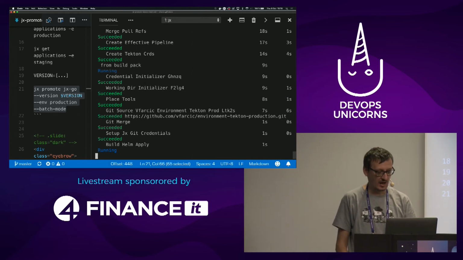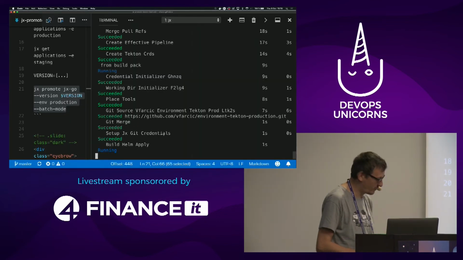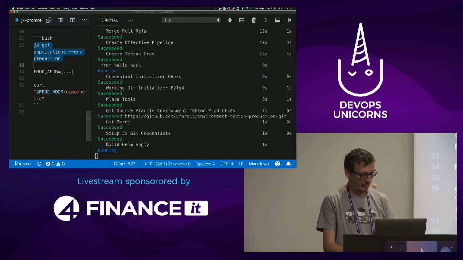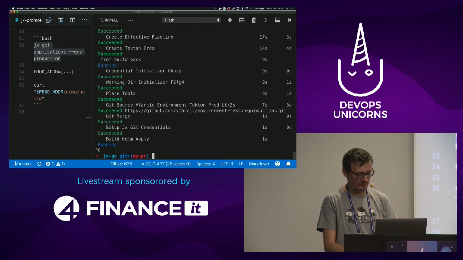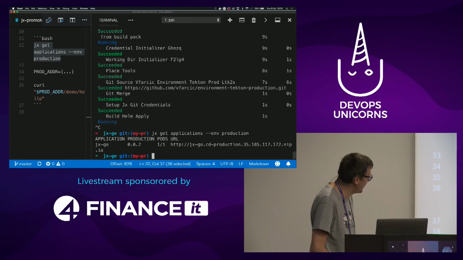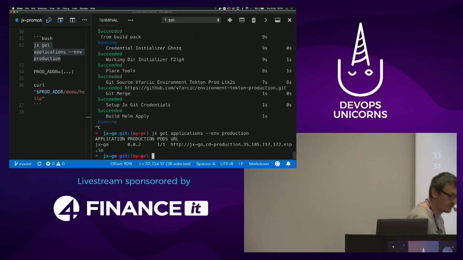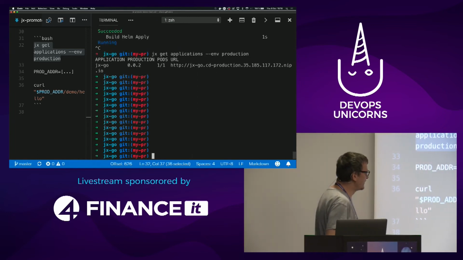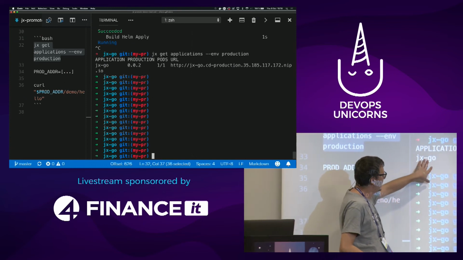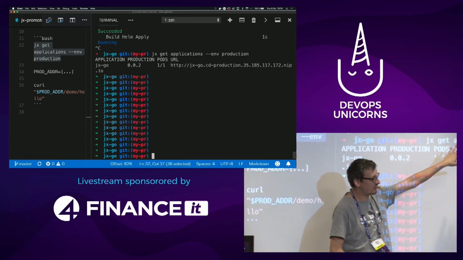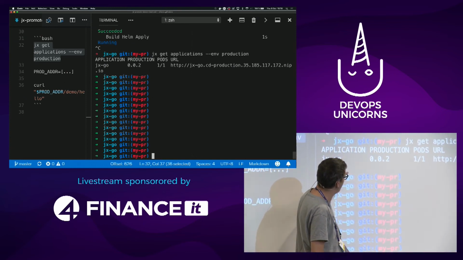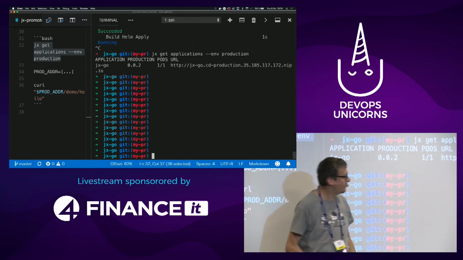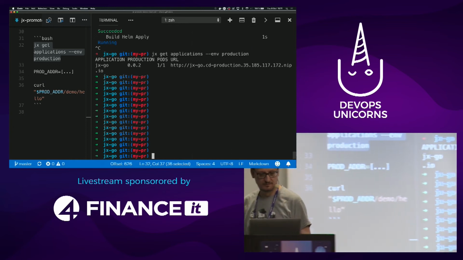So, this will take a minute more, and at that time, I'm almost done. Just to show you what is running in production right now, nothing. There you go, actually it finished already. That was faster than I expected. This was empty a moment ago. And now when I output the applications running in production, you can see that my application, the one I created half an hour ago, specific release, is available in production.